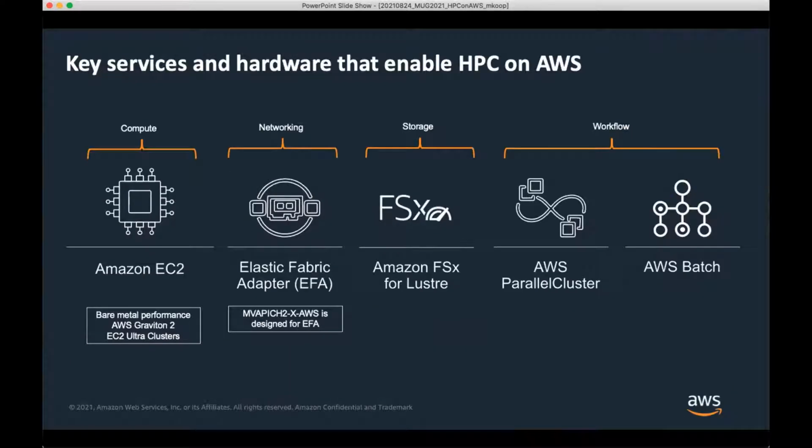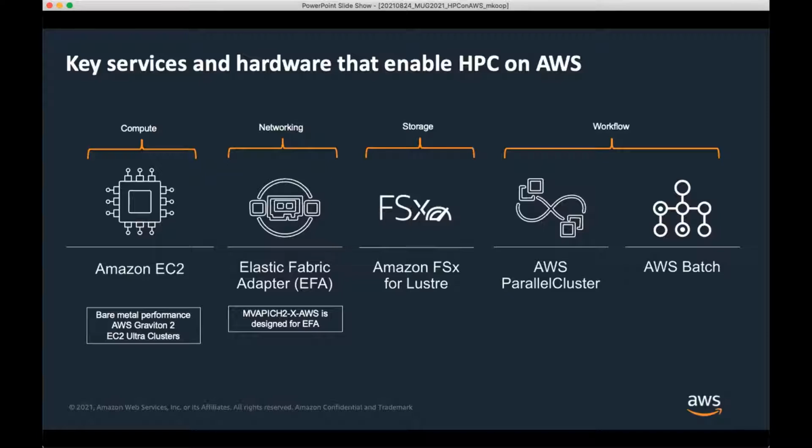So I have a few different things I wanted to cover today. I won't have as many performance results as, say, Jitin went through, but I want to go through a lot of the different services our customers use and how these interact and where you can use MVAPICH in these. So I'll start off with the three core areas we normally think about in HPC: compute, networking, and storage, and then finish with the workflow parts of this. So how do you get started using this? How do our customers typically use HPC on AWS?